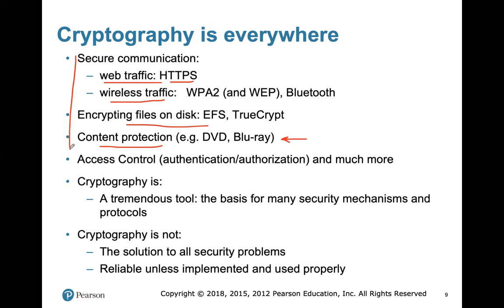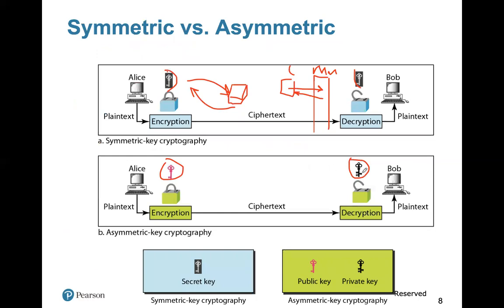All of these applications somehow point to the case that we use encryption for attaining confidentiality. We want to keep our data confidential, but encryption can also be used for authentication and authorization. You get a message over the network, and you want to make sure that this message comes from the right sender. For example, let's return to this. Bob wants to make sure that the message came from Alice.